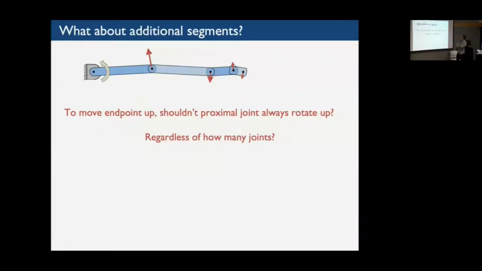Is that correct? I would say the proximal joint should always rotate down. Oh, okay. Yes, I should have added another segment to this so that it moves upward. Yes. So this. I don't mean drawing. The sentence, I think, is wrong. To move the endpoint up, shouldn't the proximal joint always rotate up? Joint always should rotate down. Oh, well. But then the endpoint moves up. Yes. Well, this is a rhetorical question, so in that sense, it's not wrong. But